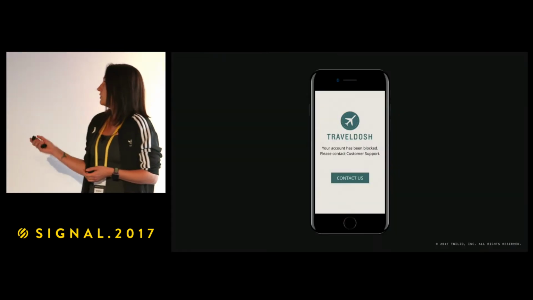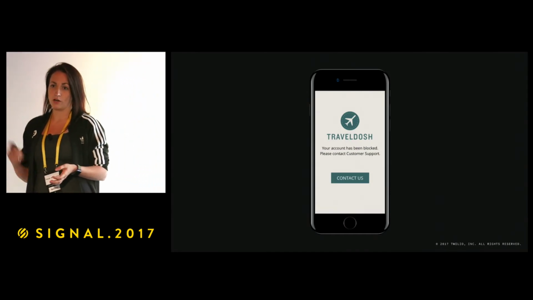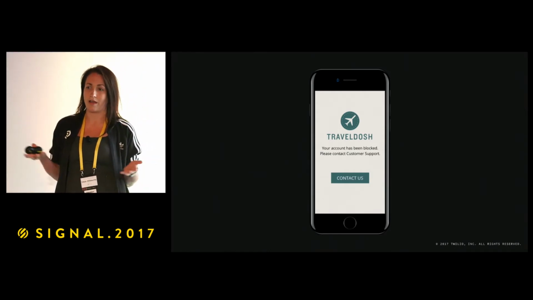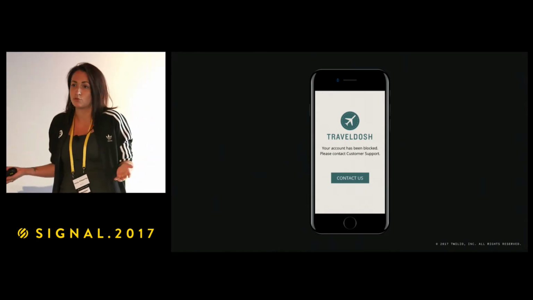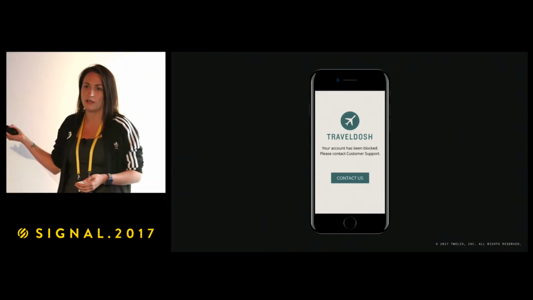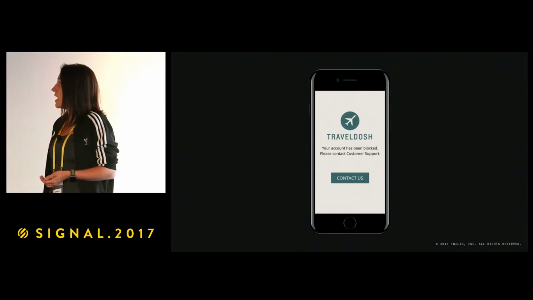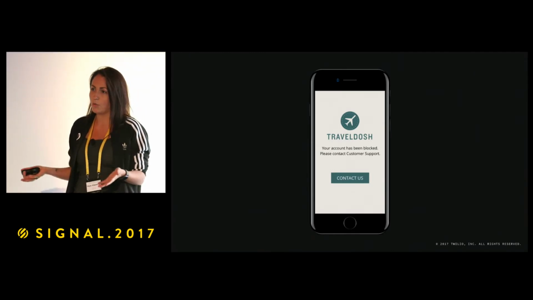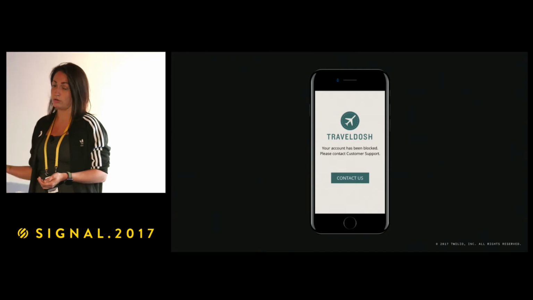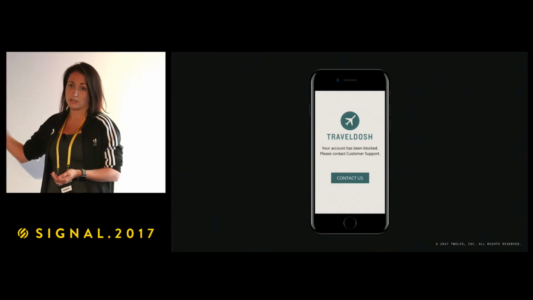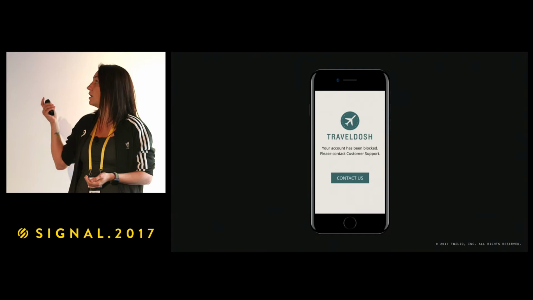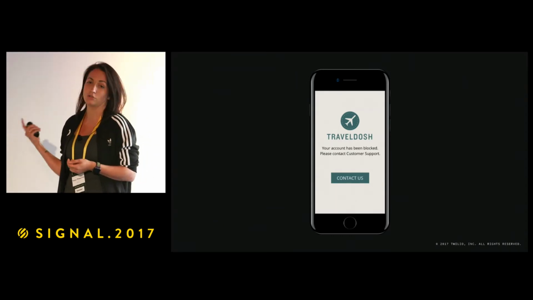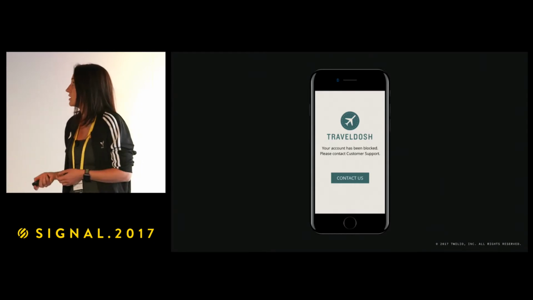So there we go. I'm in San Francisco. My card is blocked because I suddenly made a big transaction in the country where I haven't used this card before. This can happen to anyone if you don't inform your online bank that you're traveling up front. And when your account is blocked, your app, the only way you can access your money, is also blocked. And the only thing you can do is contact support by the means of in-app chat. And that's the only way I could contact TravelDosh. They don't have any other channel to contact.